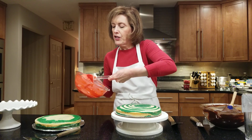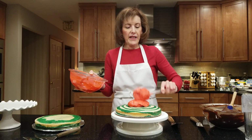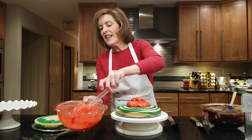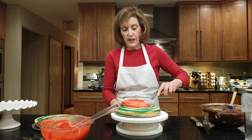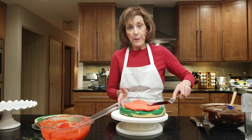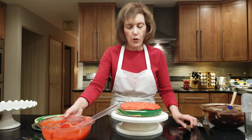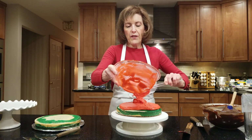So the first thing I'm going to do is put my filling on top of the cake. I have one layer already on a turntable. You don't wanna overfill. All right, and this filling can actually be put in the refrigerator beautifully, and then if you just leave it at room temperature, it comes to room temperature and we'll get right back to this consistency. So it'll be beautiful. But you do want a decent layer of it. So I would like to add a little bit more because I really want to see that beautiful red when